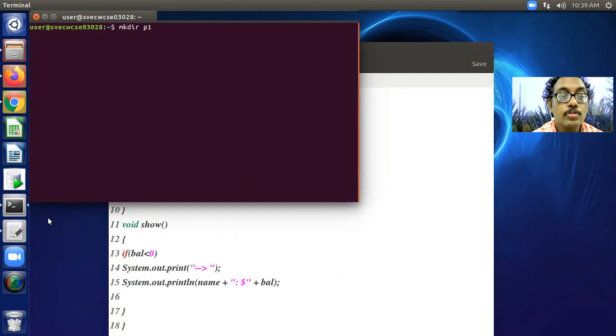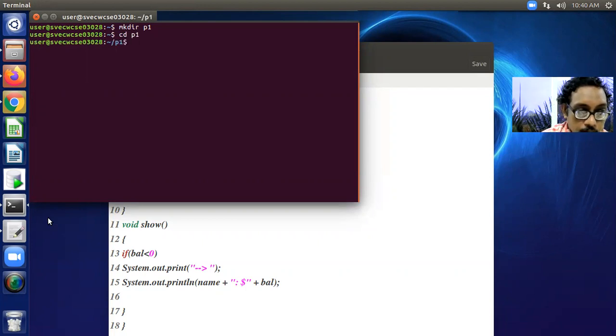Your source file contains the package name, so the folder should be given the same name. Then we can navigate to p1, and in this space you can write your AccountBalance.java.